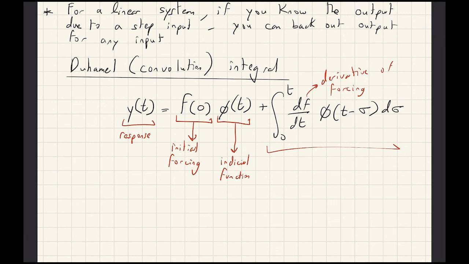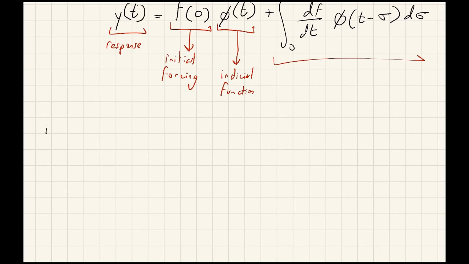For instance, if you have not a step angle of attack input but some arbitrary angle of attack input, then this is its derivative. That is multiplied by phi of t minus sigma, where phi is again the same indicial function, but now with this input, and sigma is a dummy variable that we integrate over from 0 to t,